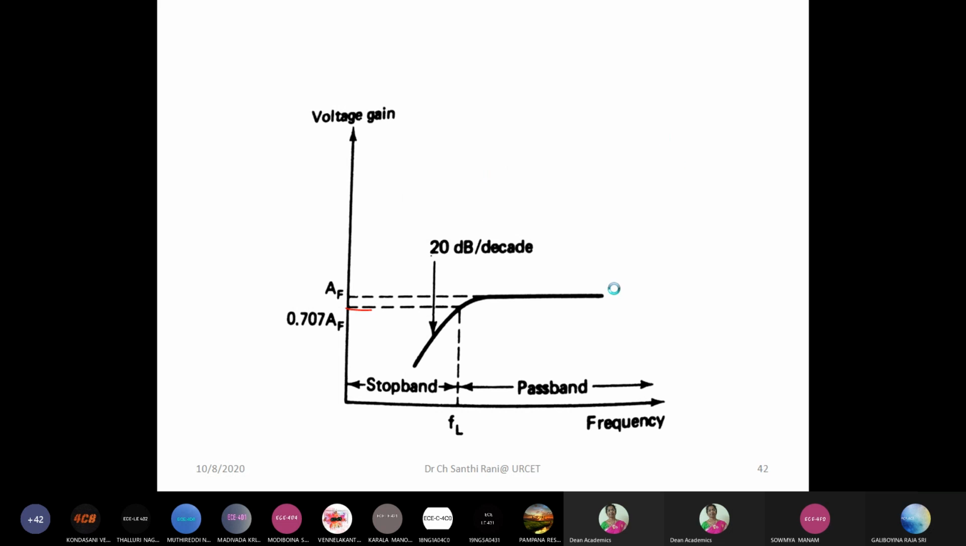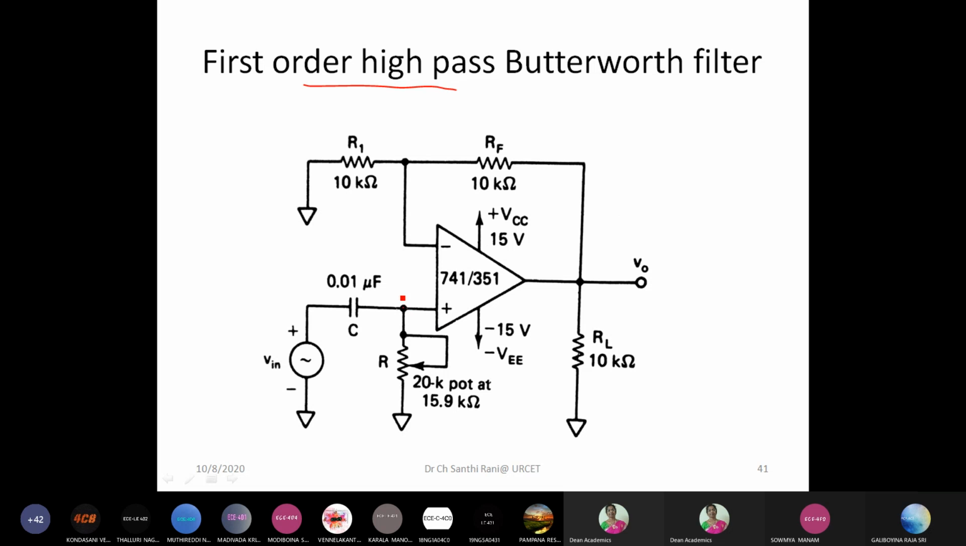Let me show you here. So this is V1, or V in, whatever we want to say. Now what is this? This is what I have explained now. Similar to that, again, you have